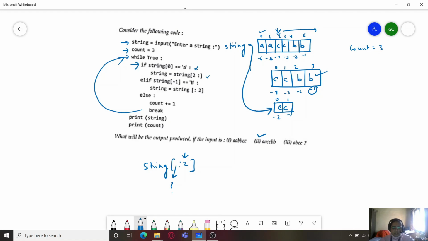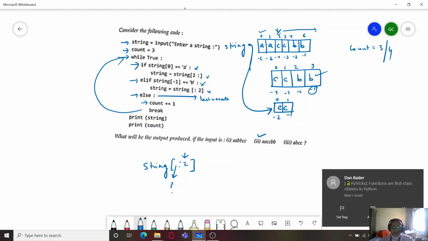No. If string -1 is B, that is also no. Else, so if both these conditions are false, then this is my last resort, hence this will be executed, that is count plus equal to 1. So now count will be incremented by 1 and break will be executed, that is loop will be terminated,